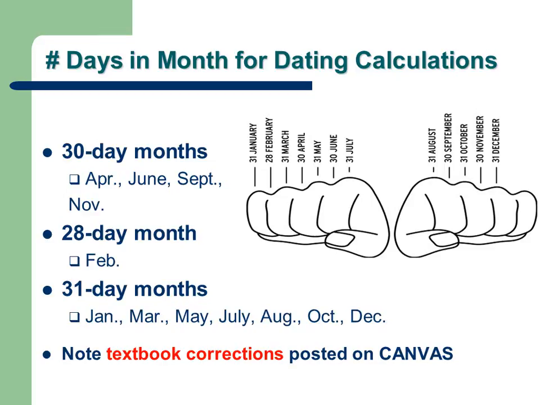Okay, so just remember that there's some corrections that you have to make on the textbook because we're using this method, and I posted on Canvas all the corrections that you have to make on the textbook. So check out the Canvas, the link called Textbook Corrections, so that you can correct the textbook for all the parts of the dating terms that are not correct in the textbook, in both the descriptions as well as the practice problem answer keys and everything.